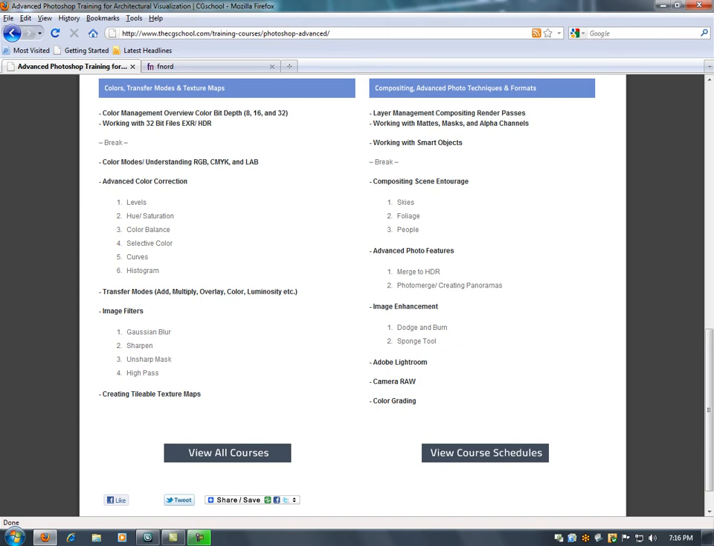But we're really going to be spending most of our time in Curves, since that's sort of the granddaddy of all color correctors, and understanding what you can do in the histogram. Walk through all of our different transfer modes and what they do, and more importantly what they do mathematically to an image. Talk a little bit about what we can do with our filters, as well as creating smart filters that are non-destructive. Talk about some techniques for creating tileable texture maps, and then moving on into the second